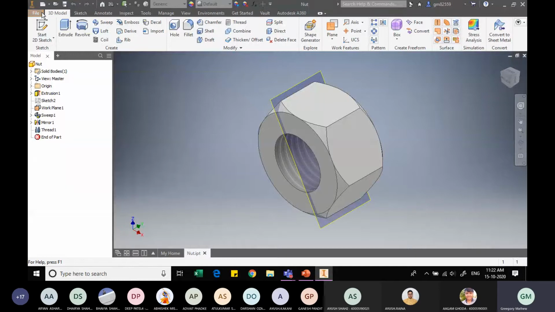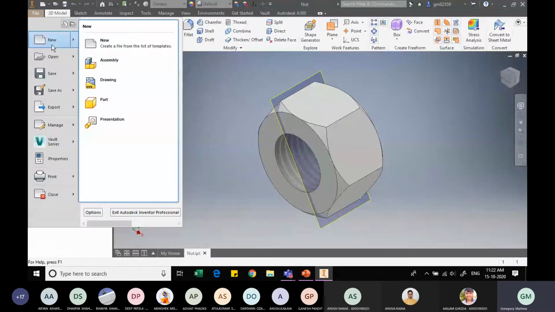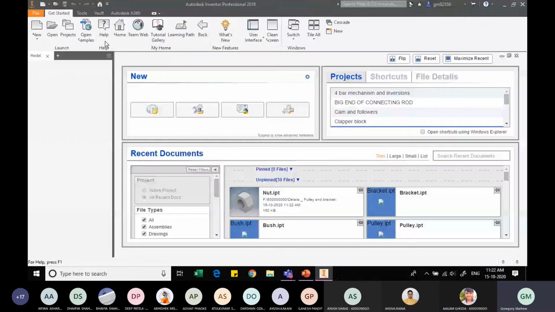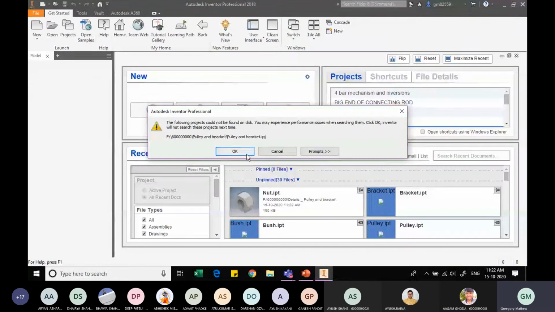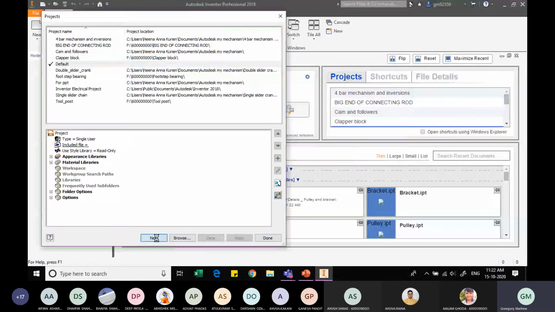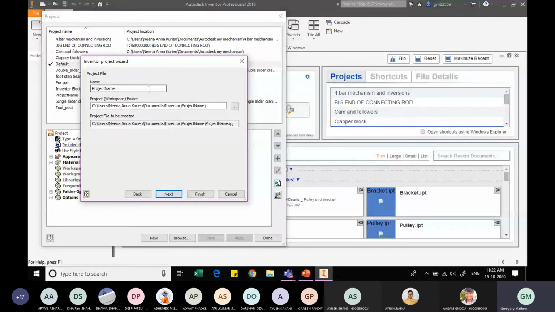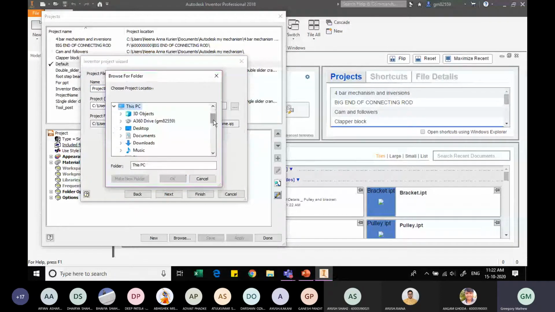So this is done. Now every time it will ask me to save. So before going forward, let me set a project file. But for that I will have to stop this, so I will just close this option and go and set my new project file. Okay, so go to new, single user project. Next, project name. I will browse my location first. Go to this PC.